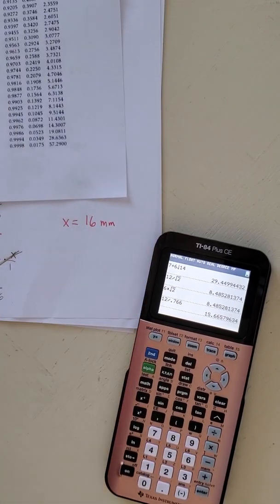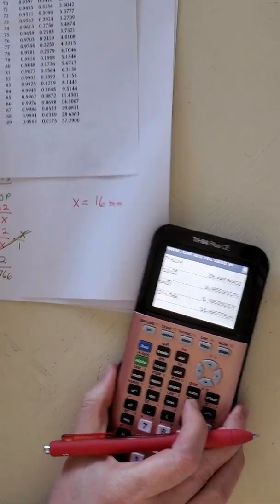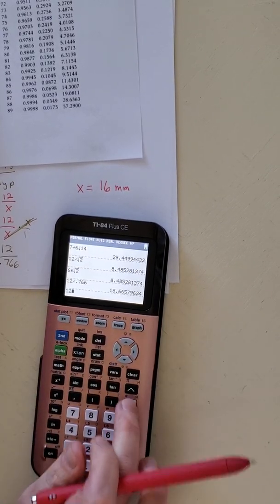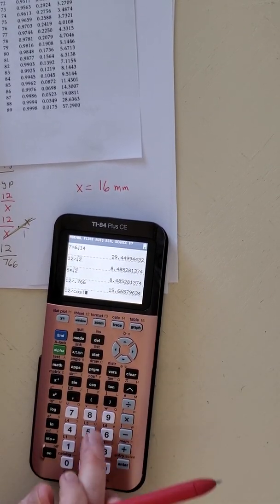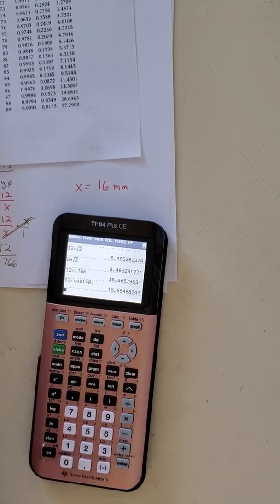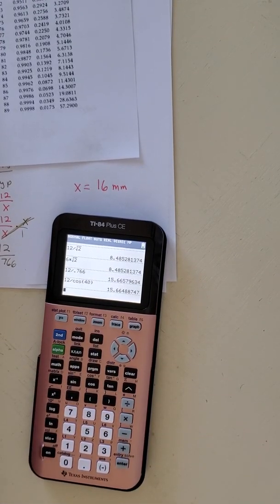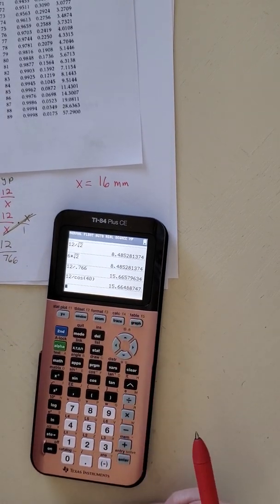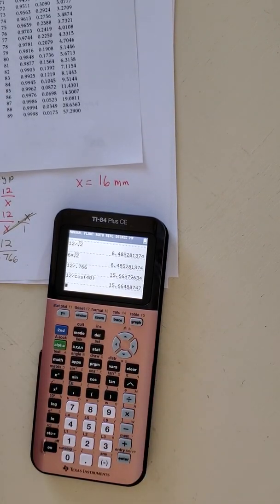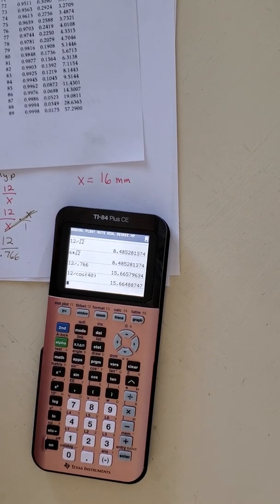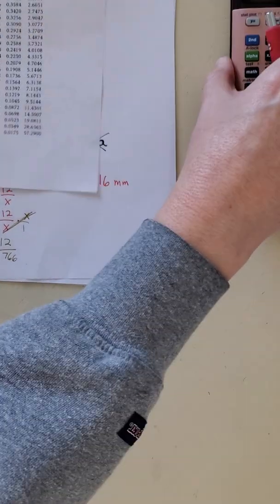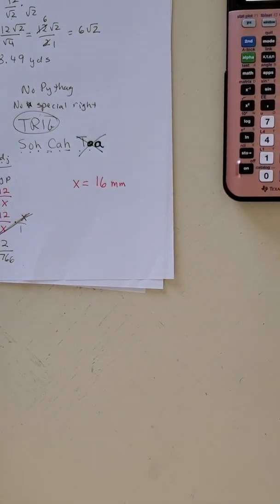All right, so the last thing I want you to remember about this problem, a lot of you are just doing this in one step. You're doing 12 divided by cosine of 40. There's nothing wrong with that. You get the same answer, right? It's still going to round to 16, so there's nothing wrong with that. The problem is that you don't know when to use that method and when to use other methods. So please make sure that you set up your equation and show work. All right, next one says